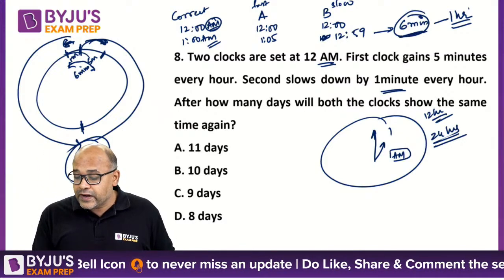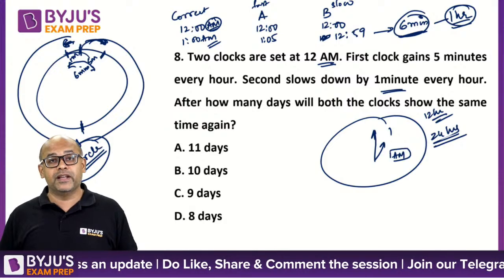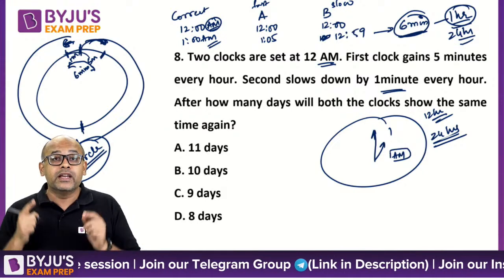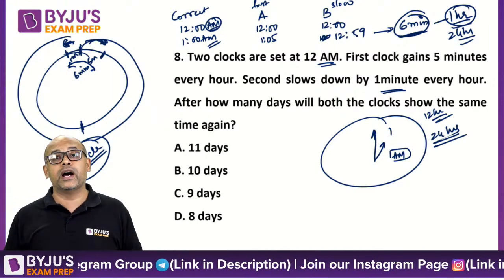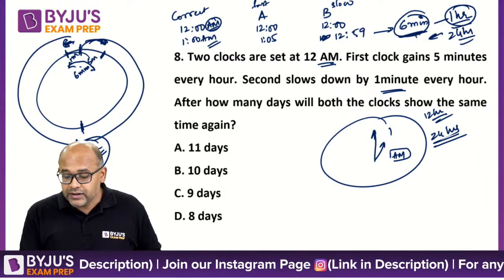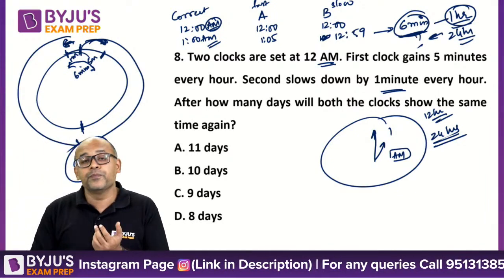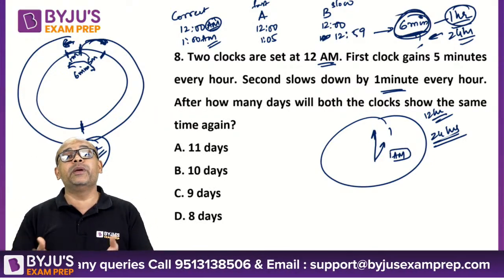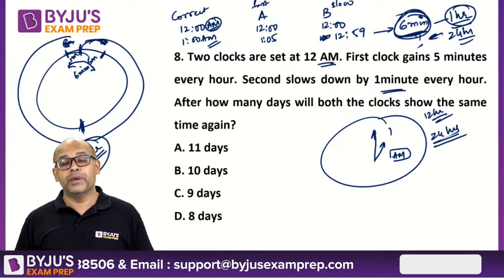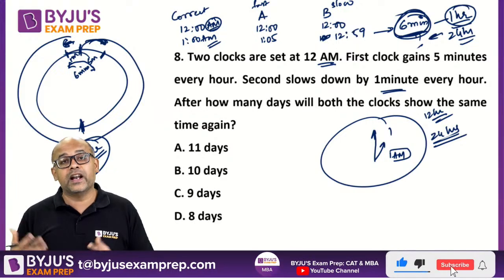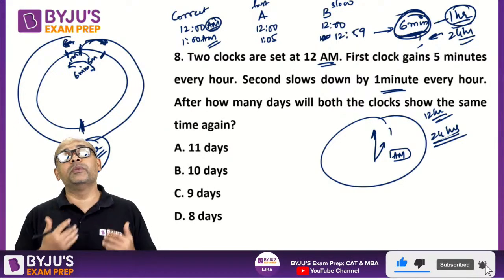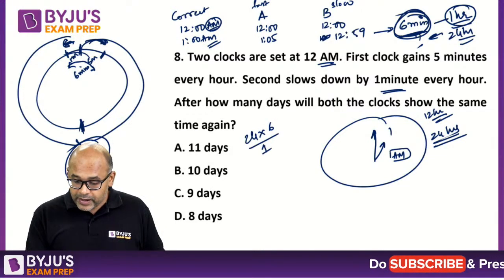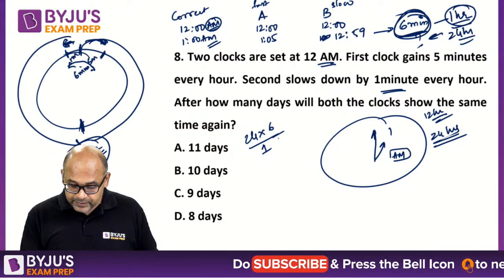So every 1 hour, the distance between them will increase by 6 minutes. After 24 hours, because we want the full circle to be covered by them. Here for us the circle is not 12 hours, it is 24 hours. So in 24 hours, what will be the distance between them, or basically they are asking after how many days. So this total distance run by them will be how much? So what is this point where they are going to meet? So 6 minutes every 1 hour is the distance. In 24 hours, what will be the total? So you're going to look at 24 into 6 by 1, but this is 6 minutes, so 6 by 60.